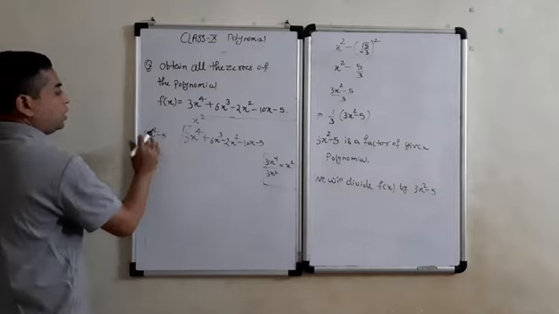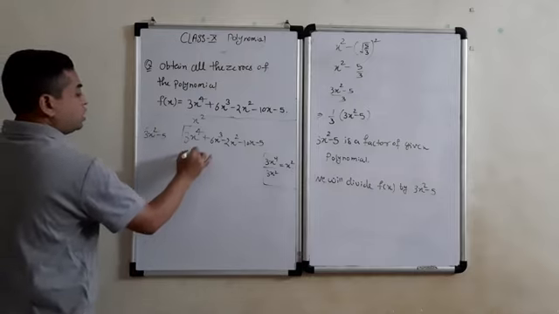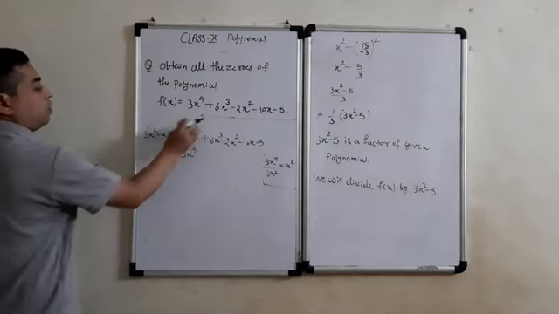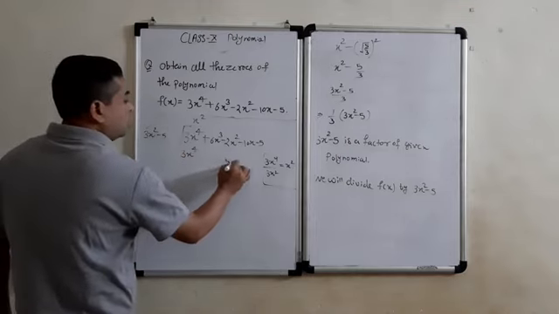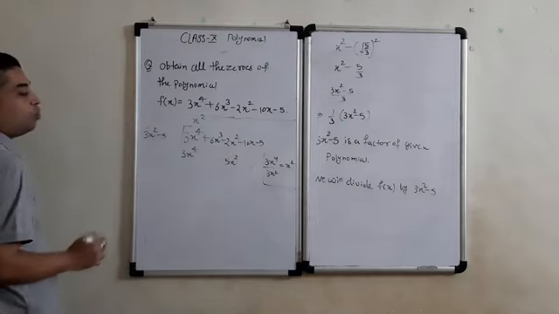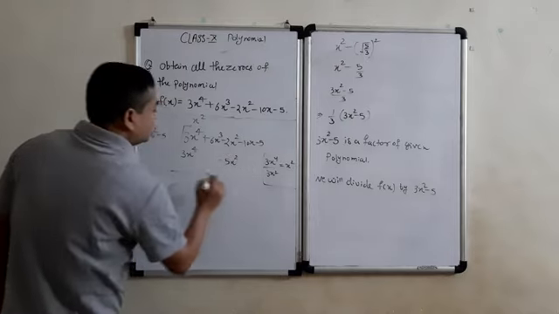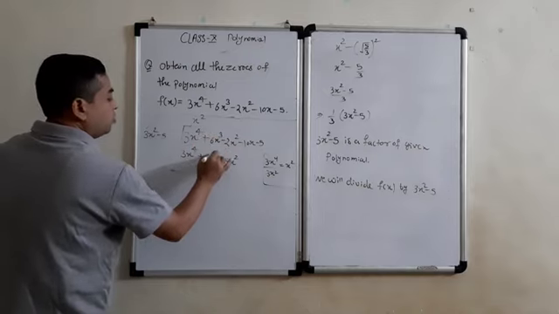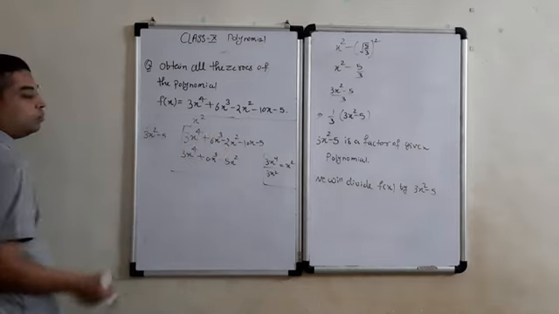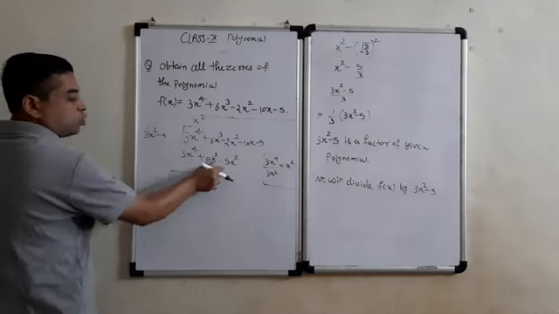So x square will be multiplied with this. So we will get 3x raised to the power 4. x square when multiplied with 5 will give us minus 5x square. So a square term should be written just below a square term. Here, just below the cube term, you can write 0 into x cube because there is no cubic term. So the coefficient will be 0.